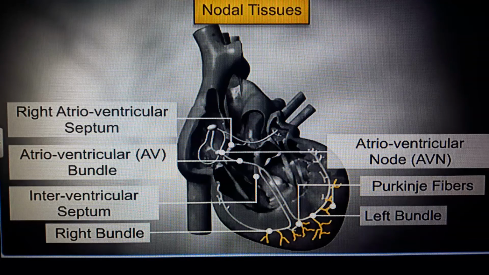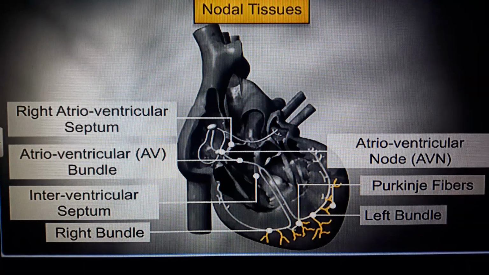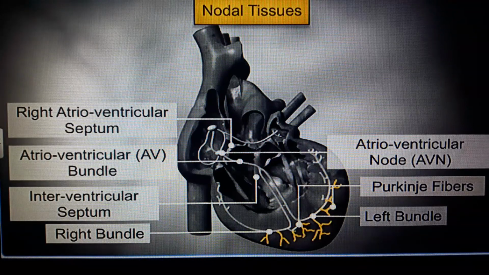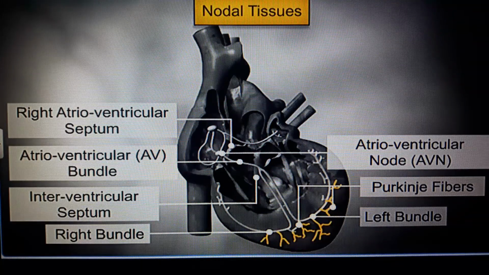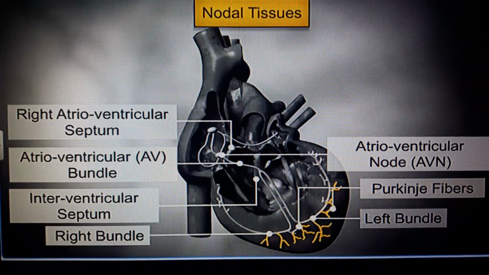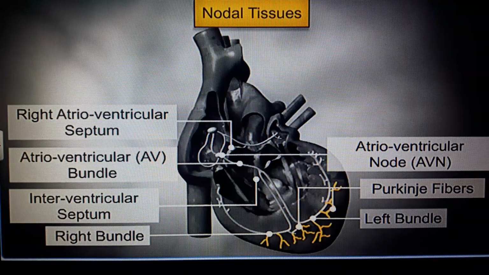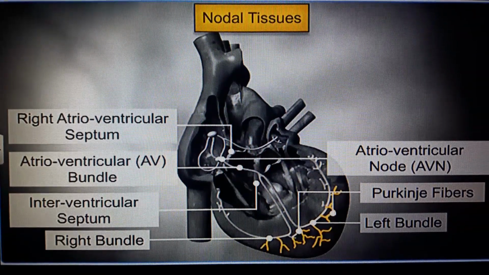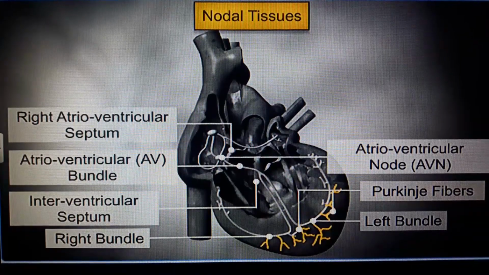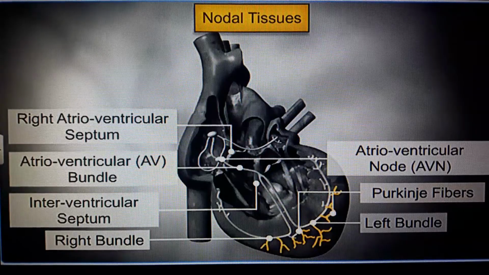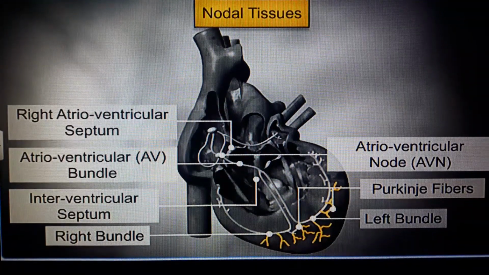The ventricular wave begins from the apex of the ventricles and spreads upwards. Since the wave of impulse takes time to pass from the SA node to the AV node, atrial systole is over before the ventricular systole starts. So in this way you can understand the path of action potential.